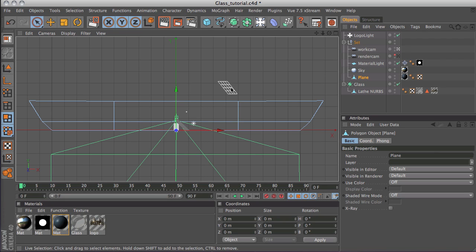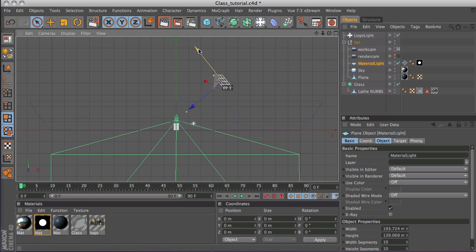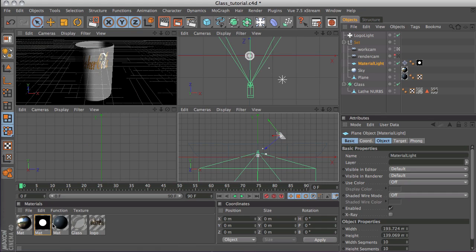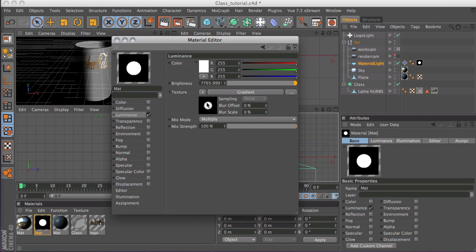Okay, so this object here, this is my material light, and I've applied just plainly as a planar texture on there. This object is also got a target tag, which is the glass, so if I move that around it will always point at the glass. And the material I've applied to that is very simple, just a gradient with a white spot in the middle, and we're using this as a light, so this is in the luminance channel,